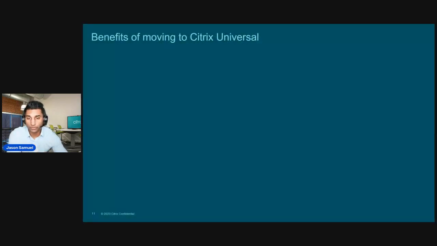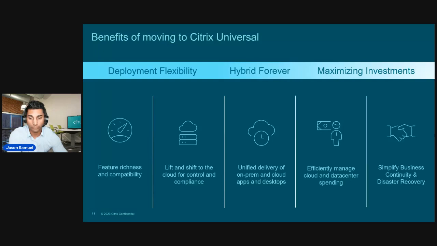Now, the benefits of moving to Citrix Universal, again, we kind of covered this, but just to put it as far as like use cases, it's the feature richness, the compatibility of being able to do anything you need. It's complete deployment flexibility. If you have a mandate within your organization that all your on-prem services and workloads and everything need to be going through a cloud service or a cloud workload, you completely have that capability. And we actually have a lot of tools available now, like the automated configuration tool, for example, that'll help you do that. You can do hybrid forever. There's no restriction. There's no time limit on this.